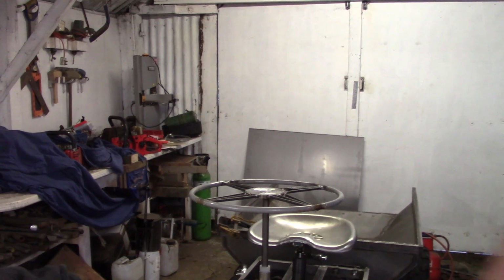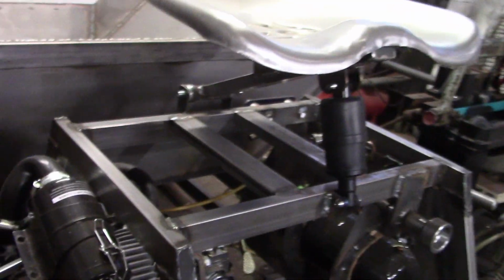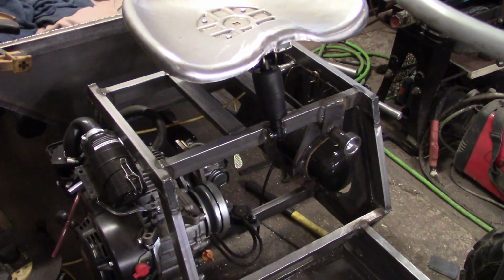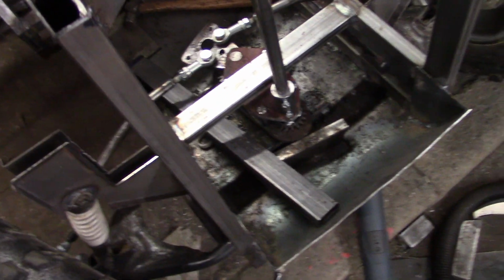Let's take the camera off the tripod and have a little look at this. Okay. So what have I done? I put the seat on. You saw me put the seat on at the beginning. I did get carried away and put some suspension on that. That's nice. It's going to be a nice squishy ride. The steering box,